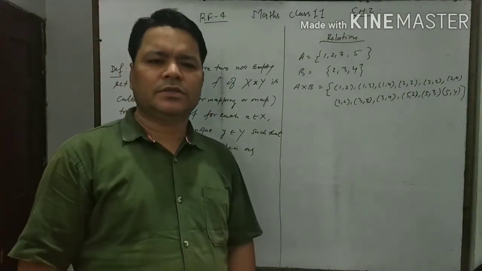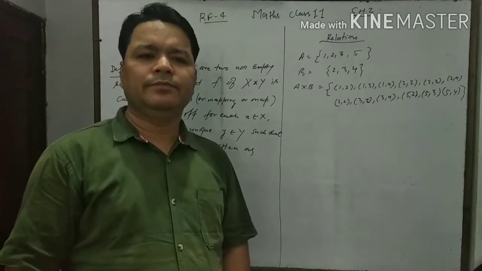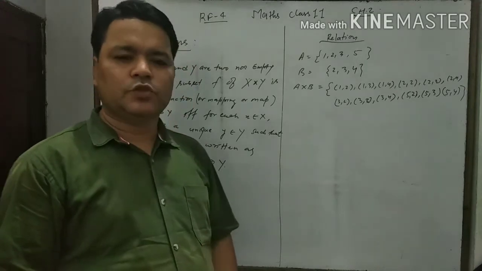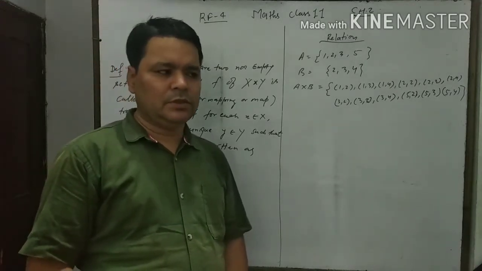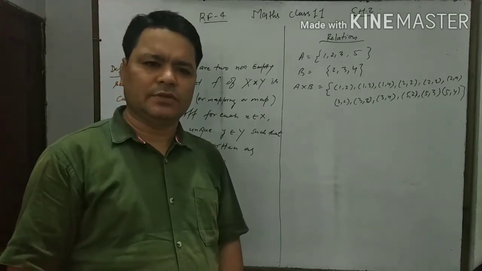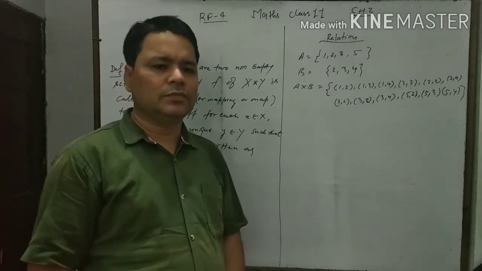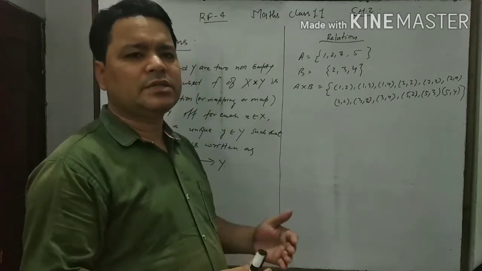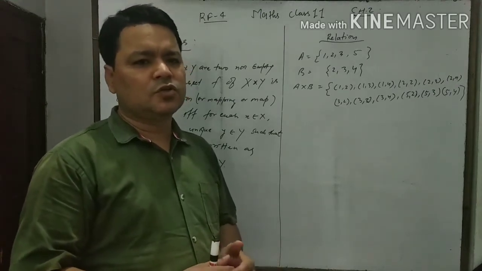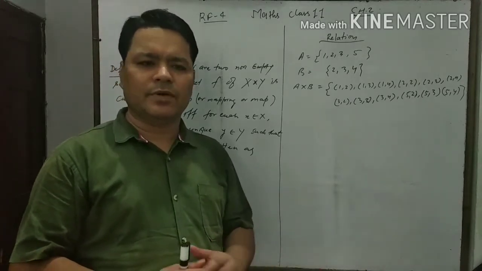We just discussed the second chapter, which is Relations and Functions. We already discussed the topic of relations and solved exercises 2.1 and 2.2 respectively. Today I would like to explain a new topic, that is the function, and some basic properties of the function also. But before starting the function, let us start from the Cartesian product and after that a relation, so that we can understand the basic difference between the relation and function.